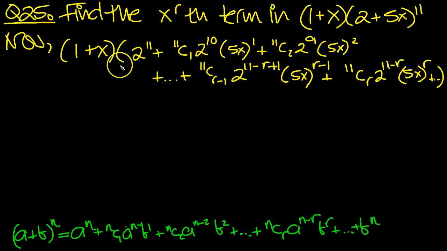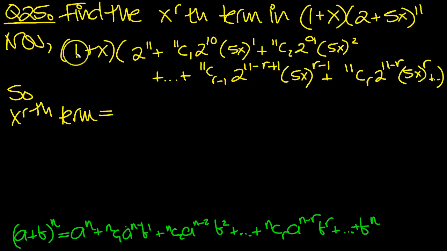So we need the x to the rth term, which then comes from 1 times that, and x times the term before. So x to the rth term is equal to 1 times this term, 11cr, 2 to the 11 minus r. Now I'm going to expand this, it's 5 to the r, isn't it? Okay, and then there'll be an x to the r, plus